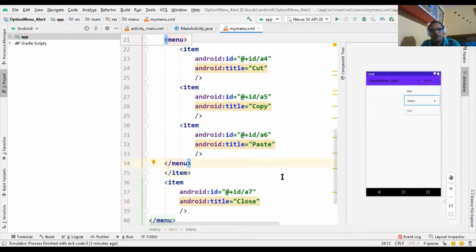Now it will be reflected in the design part. Here we can see close application, and when we click on this close app icon, the close option, it will show the alert dialog, and through it you can close the application.